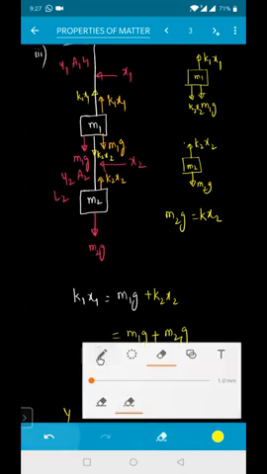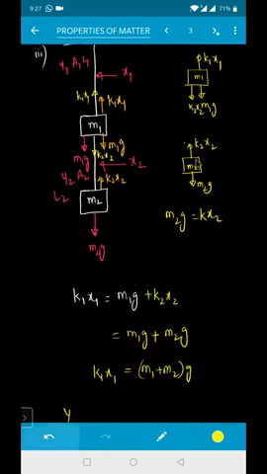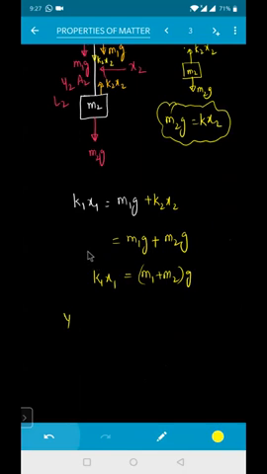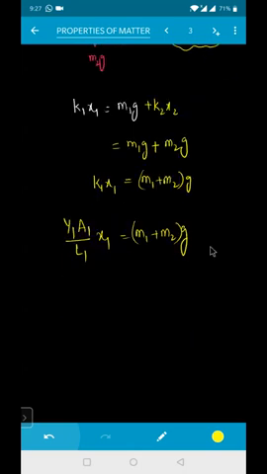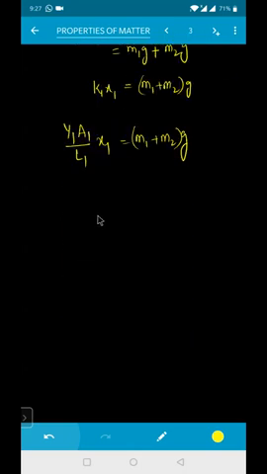So that is the reason I have written that condition. K1 X1 will be equal to M1 into g, K2 into X2. This K2 into X2 is already equal to how much for me? M2 into g. So that is the reason K1 X1 is equal to M1 plus M2. Now you know how to write the value of K1. K1 will be equal to how much, beta? This one will become Y1, area of cross section will become A1, length of this one will become L1 into extension, which is X1. That will be equal to M1 plus M2 into g. Very important, beta. So from this one I can get the value of X1. So I'm taking this one as equation number 1.